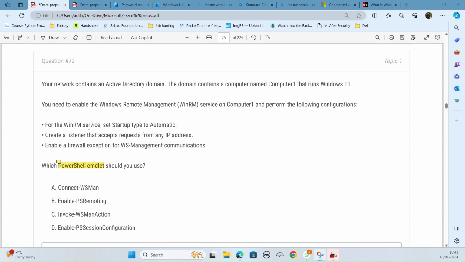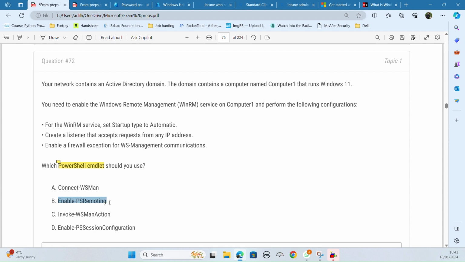For the Windows Remote Management service, set startup type to automatic, create a listener that accepts requests from any IP address, enable a firewall exception for WS-Management communication. Which PowerShell command should you use? Connect-WSMan, Enable-PSRemoting, Invoke-Action, or